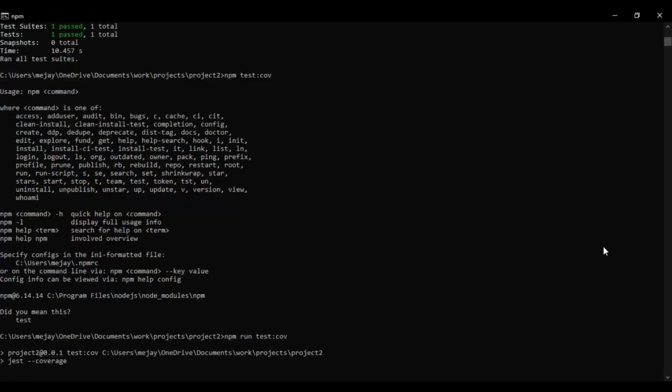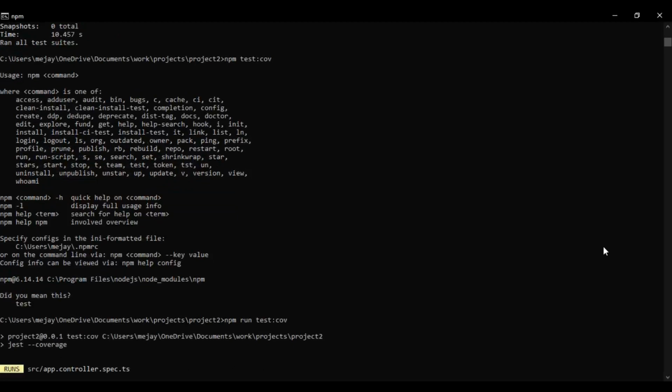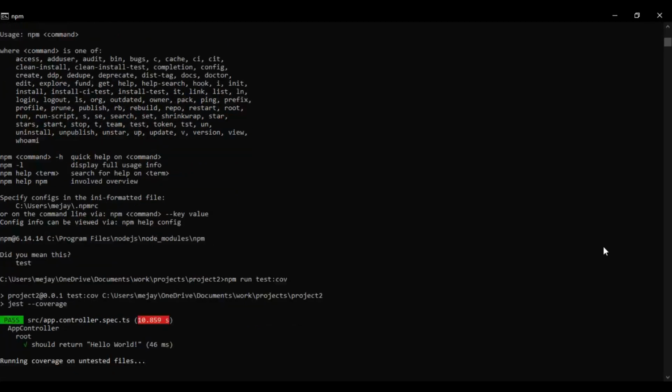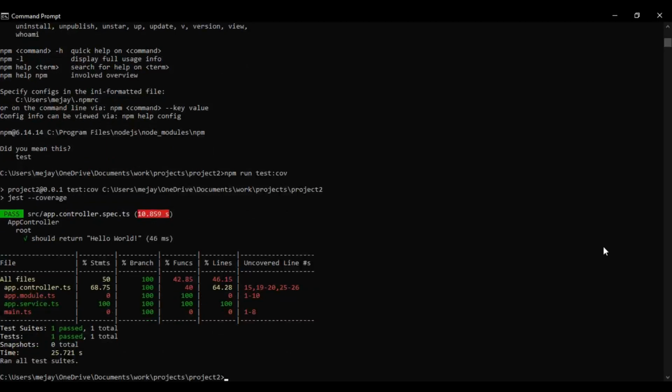So it will generate code coverage for you of this file. So you can see this is how it works for coverage in Nest.js.